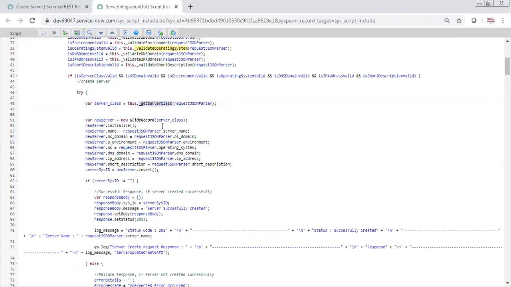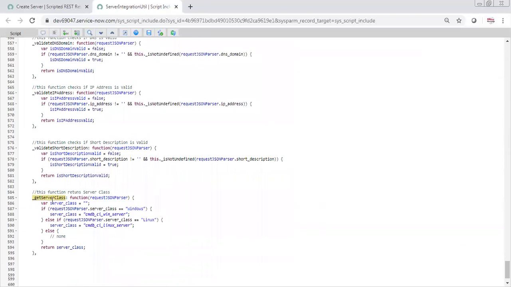So if I go to this function, what this is saying is get the server class. That means in which class we need to create the server which they have sent. If the server class is sent as Windows, then this is going to be the class. And if they have sent the server class as Linux in the request JSON, then this is going to be the class.